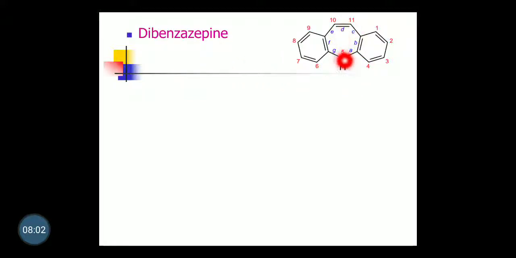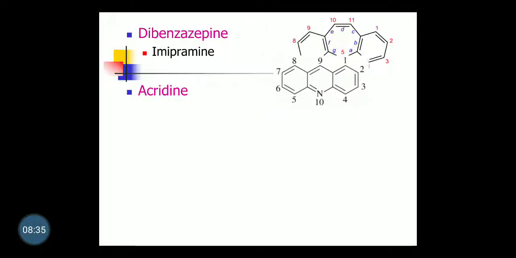Azepine is sandwiched between 2 benzene rings. That is one of the ways we call this a sandwich structure, in which the middle ring azepine is sandwiched between 2 benzene rings. That's why dibenzazepine. The numbering is in this way; we give the numbering like acridine. We skip this nitrogen: 1, 2, 3, 4, skipping this, 6, 7, 8, 9, 10, 11, and then we proceed according to the numbering. Next, imipramine, which is an antidepressant drug that has this dibenzazepine ring in its structure.